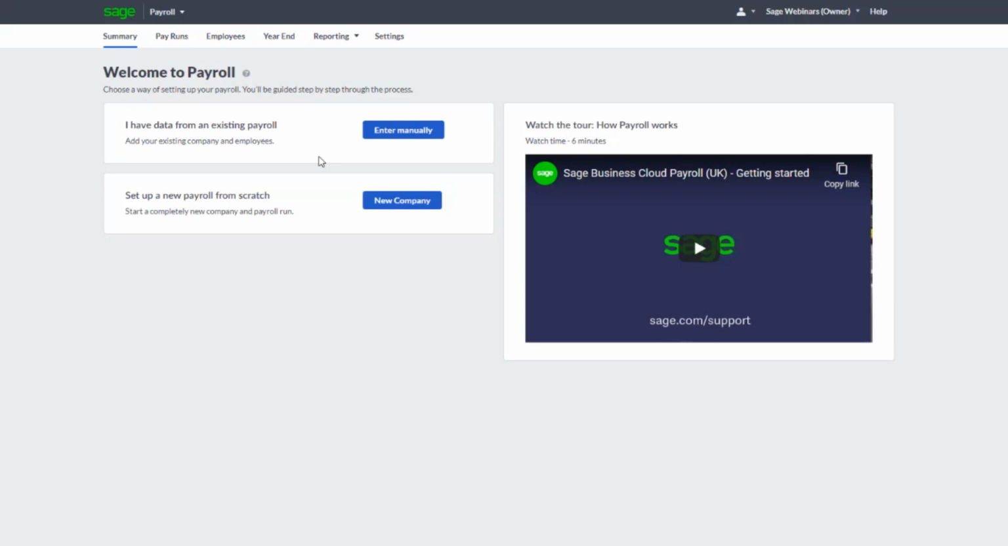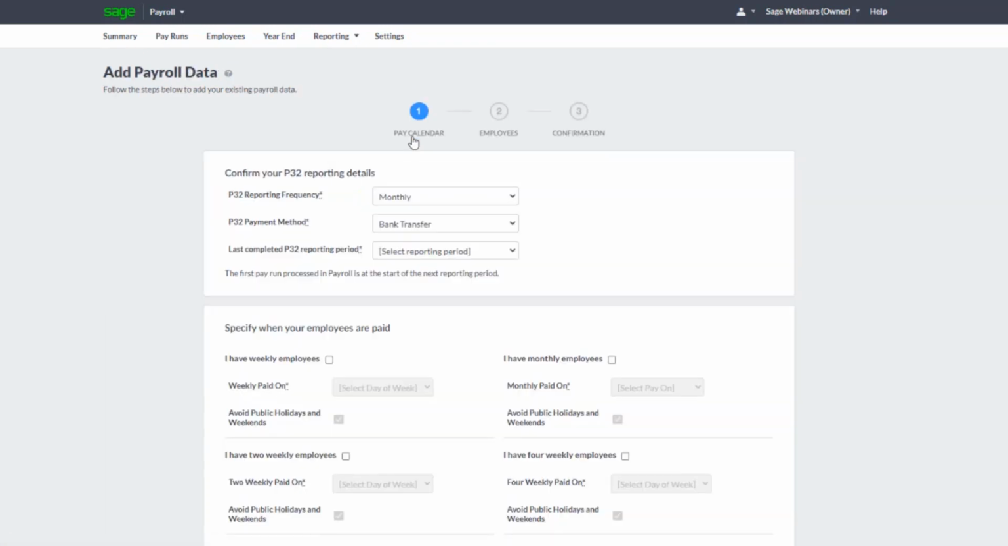In this demo, we're going to take a look at moving to Sage, where you have data from an existing payroll. And we're going to enter this information using the Enter Manually option. So as you can see in the Add Payroll Data Wizard, there are 3 stages to complete. We'll need to set up a pay calendar, we'll need to set up our employees, and then we'll need to